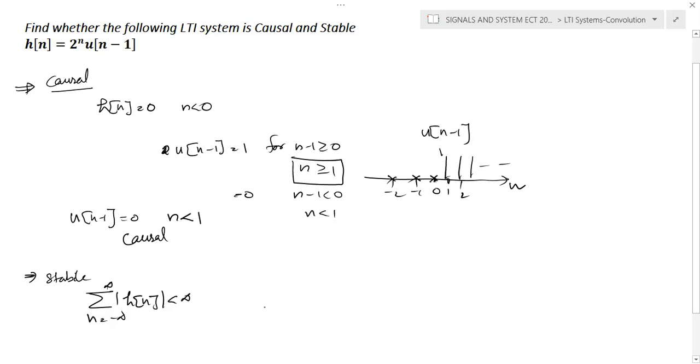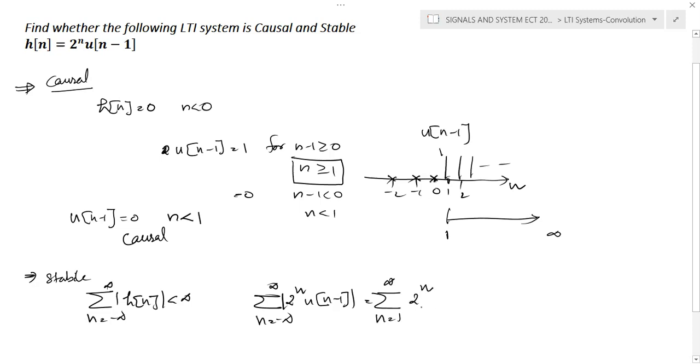So you can write here the sum from n is equal to minus infinity to infinity. In place of h of n, you can substitute the signal, that is 2 raised to n into u of n minus 1, with modulus. And we know the signal u of n minus 1 exists from 1 to infinity. So you can simplify the summation from 1 to infinity, 2 raised to n, and u of n minus 1 is 1. And we know the formula for the sum from k is 0 to infinity, a raised to k is 1 by 1 minus a,